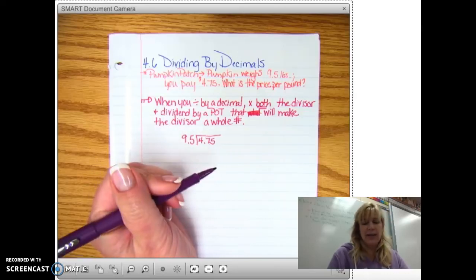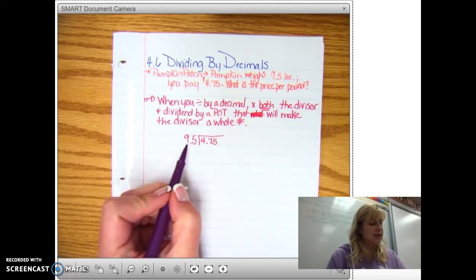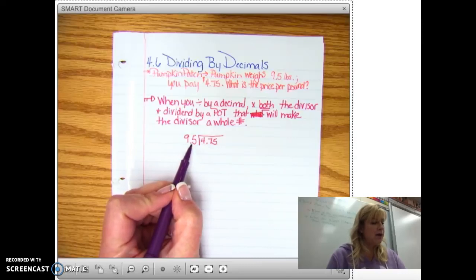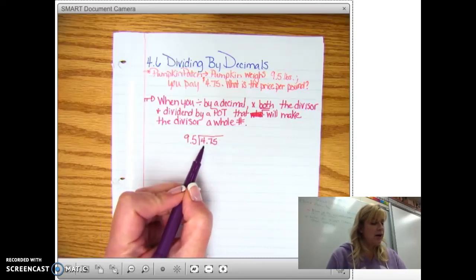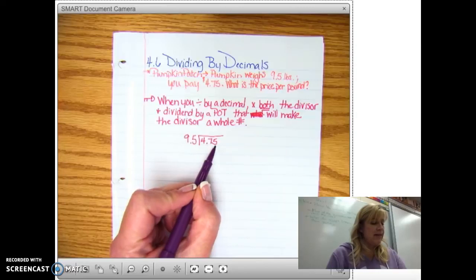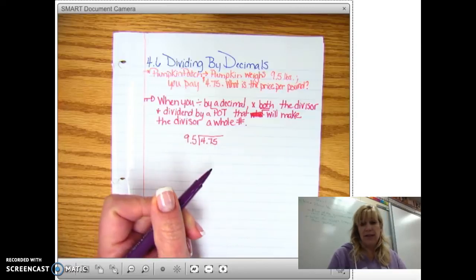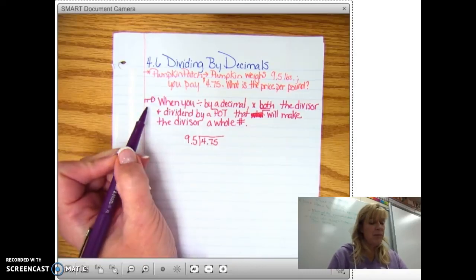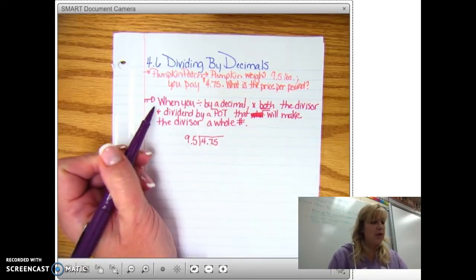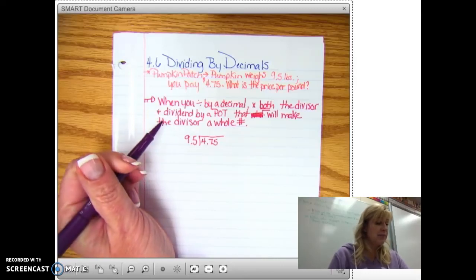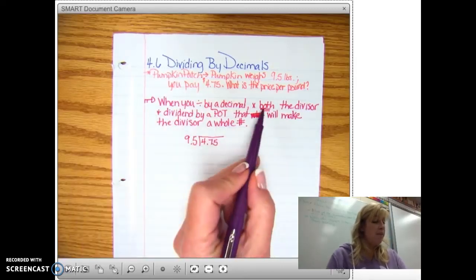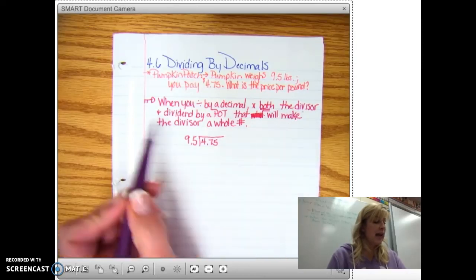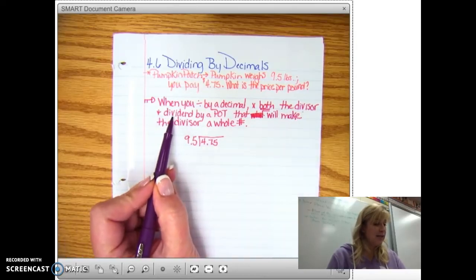So what I'm asking you to be able to do is to solve the problem 9.5 going into 4.75, or $4.75, to find out the price per pound. If you would take a moment, pause the video, and write down the key concept. When you divide by a decimal, multiply both the divisor and dividend